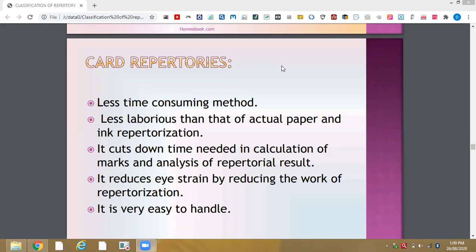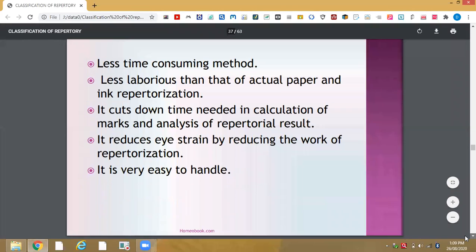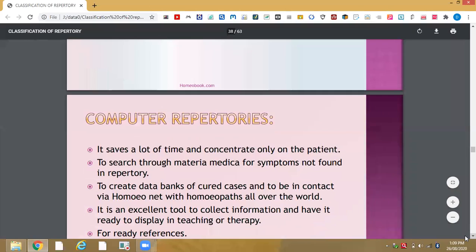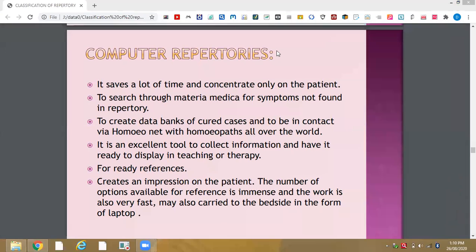So in the last lecture, we were at card repertories. We completed the card repertories and we are at clinical repertories. So as we know, the computer repertories are the repertories which are very much used nowadays by the physician, and